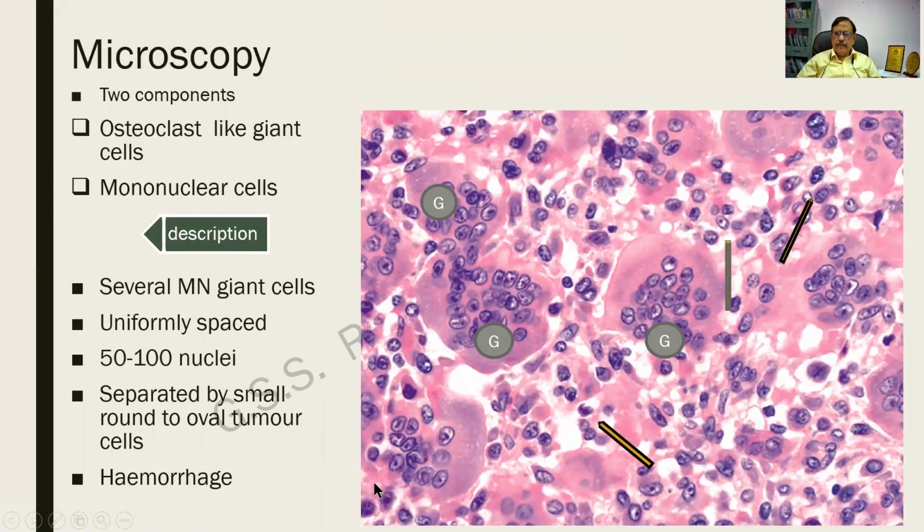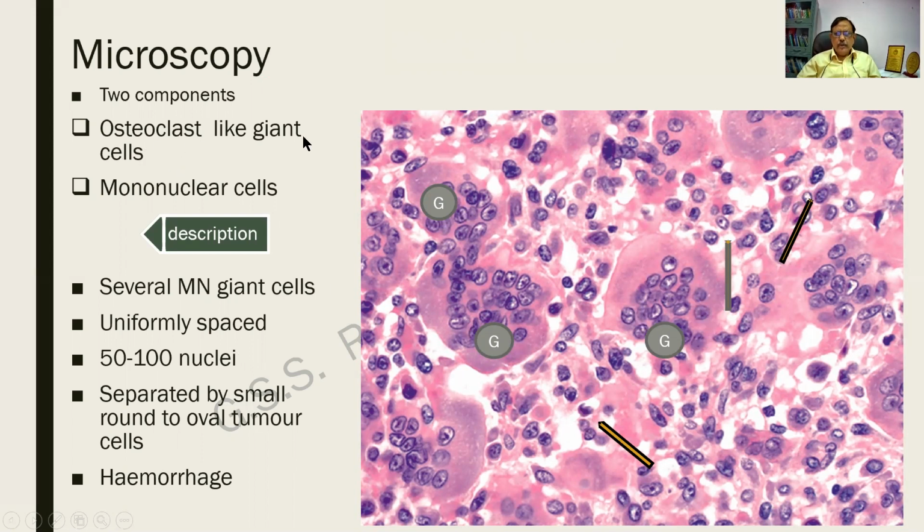This is a microscopic picture, equally important, carrying marks. So in this I find that, see, these are the giant cells. Multinucleated giant cells are over here. And these are the stromal cells. I find many individual cells which are the stromal cells, and this is the nucleus. Again, multiple giant cells are there and the stromal cells. That is the tumor cells.